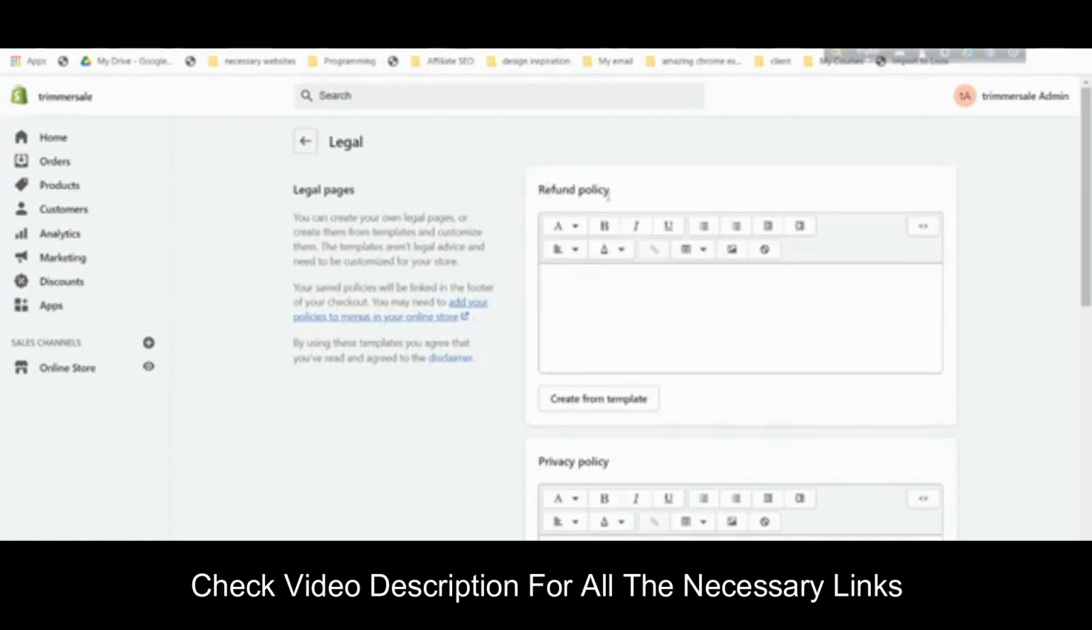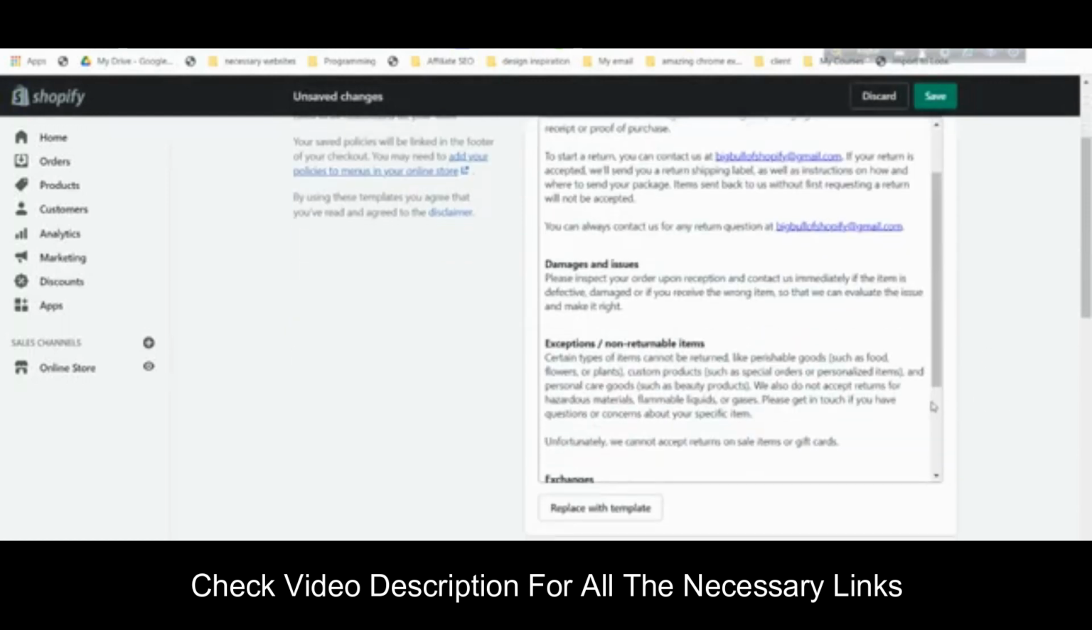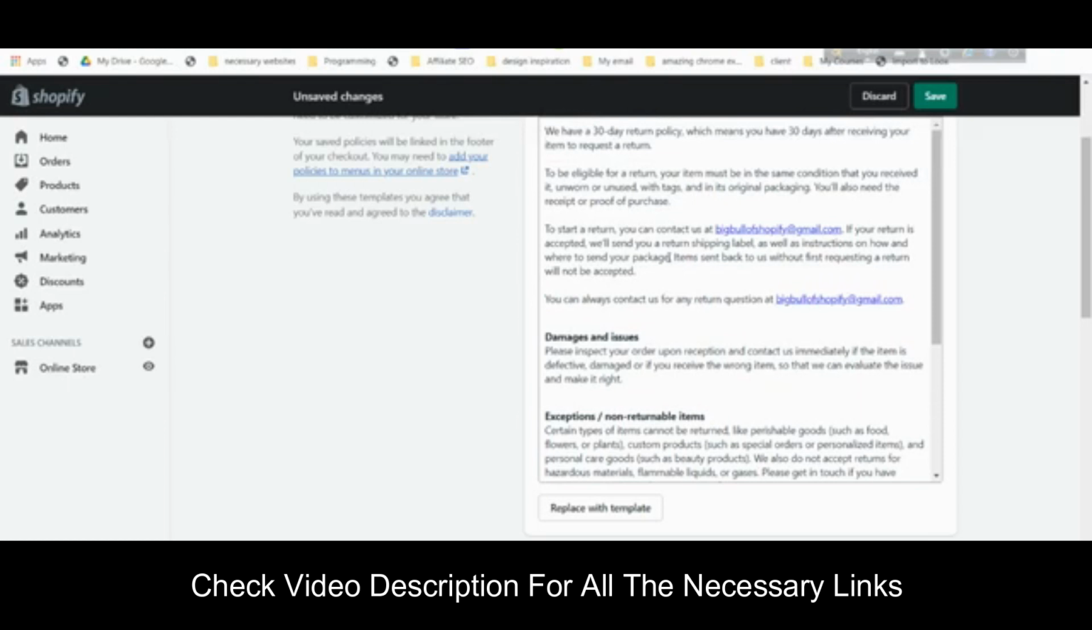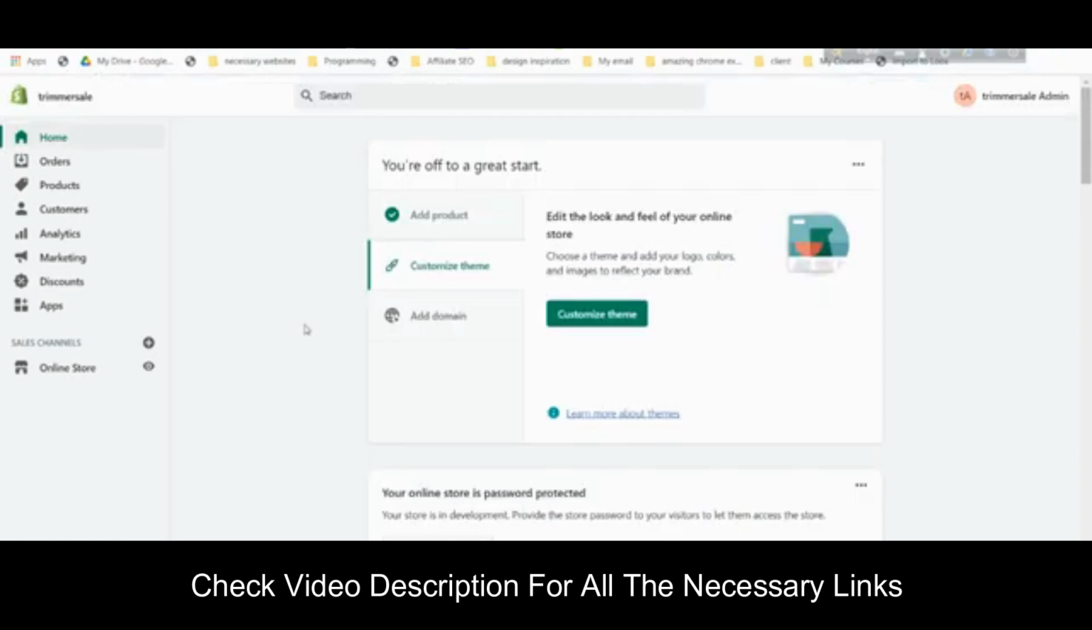So I will click for refund policy, click create from template, and this will automatically create a template for you. And then if you think anything is not up to your standard, then you can change it. Like in that case, it is showing the email that I am using to open the store, but this will be an email related to my store, so I can change that email later. But for now I will copy this refund policy option and go to my website, the dashboard again,